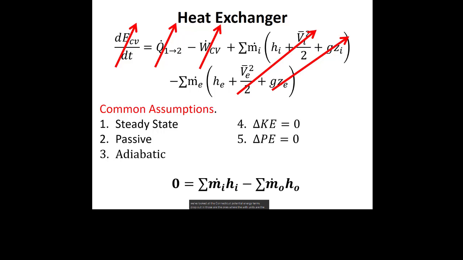So here, what I'm going to get, if I looked at the whole heat exchanger, is that the sum of the mass flow rates in times the inlet enthalpies minus the sum of the mass flow rates out times the outlet enthalpies are equal to 0. That the only energy terms we're interested in are the ones associated with the enthalpies going in and out. And what's happening is one stream of fluid will be getting cooler, whereas another stream of fluid will be getting hotter.